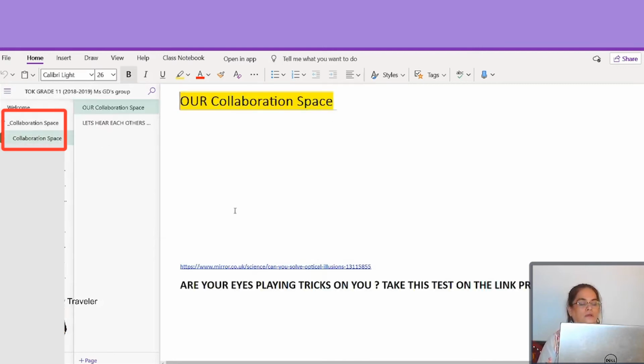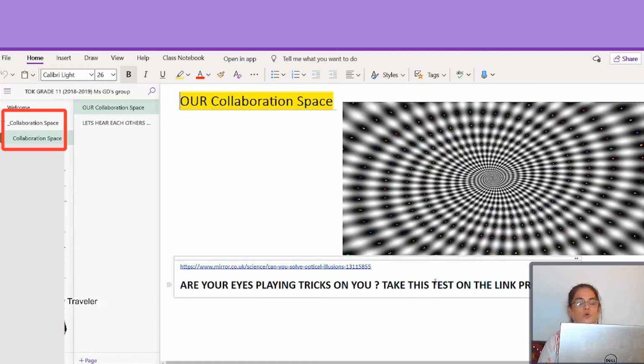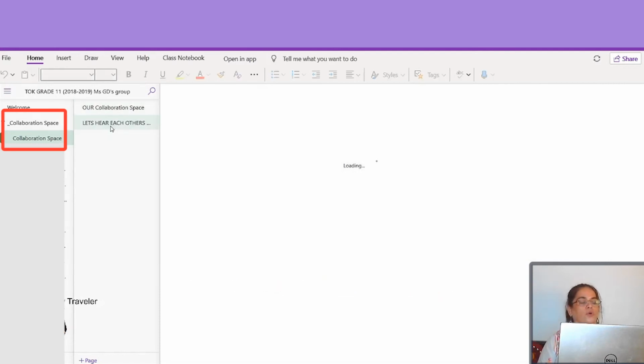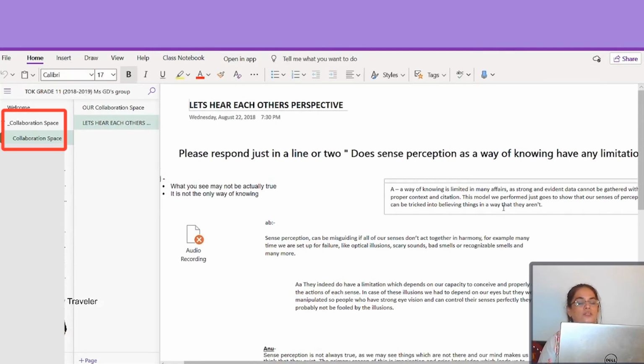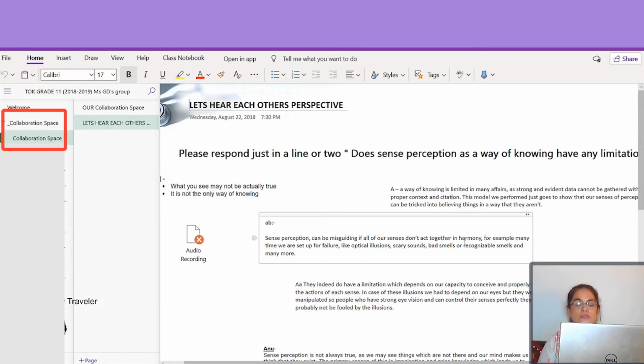For example, if there's a question and you want everybody to take this quiz, or you want everybody to hear each other's voices, they click on the collaboration space and everybody drops a line. That line could be written, textual, it could be audio, it could be video. Similarly, the teacher can also give feedback which is audio, video, any kind of feedback. Now look at this feature. There's a dictate feature as well. You can have a text to speech feature within the OneNote notebook.